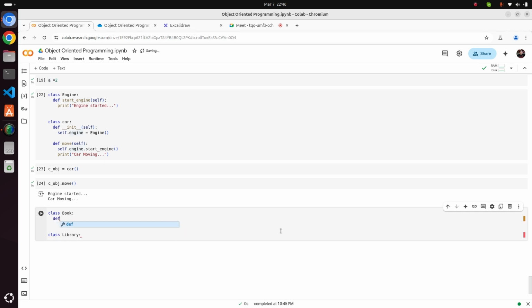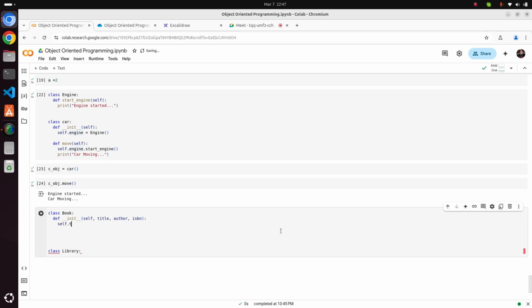Sorry, def __init__, right? It is already created in this way, but I would prefer this way. Def, okay, the book will have its title, author, and its ISBN number, right?